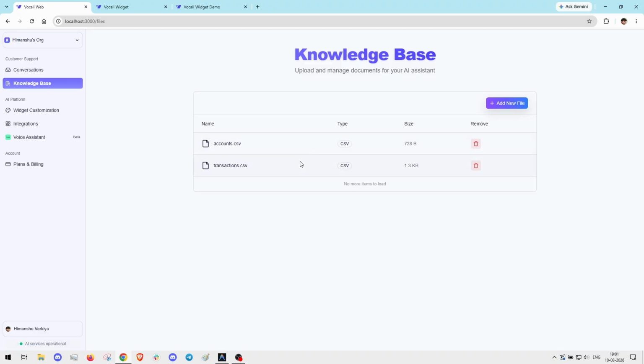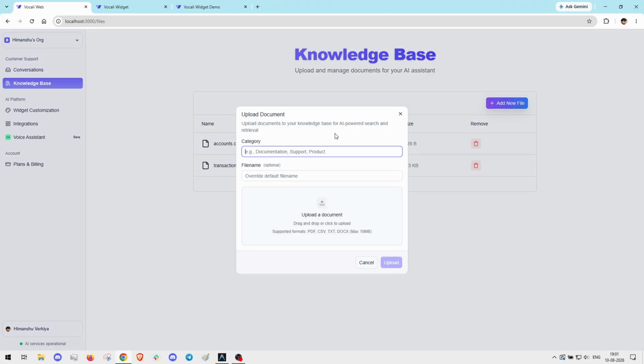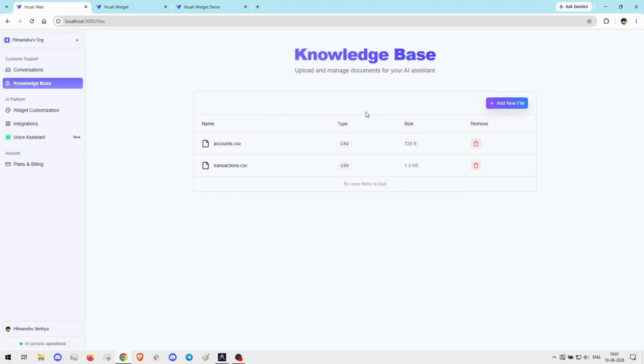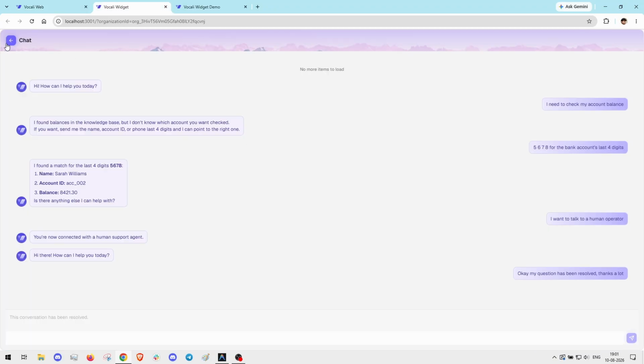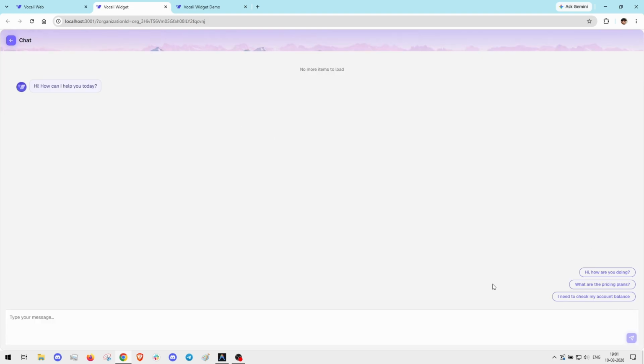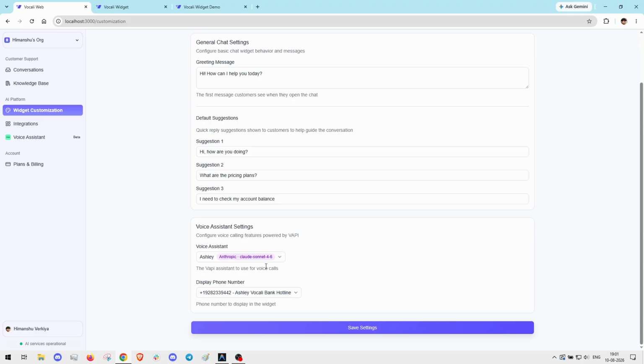As for the knowledge base, you can add the documents that you want your AI to be trained upon. It could be anything. You can choose a document and upload them. For the widget customization, you can change the text that you see here. You can change these suggestions. So I've put them. You can also change the voice assistant and display phone number there if you have configured